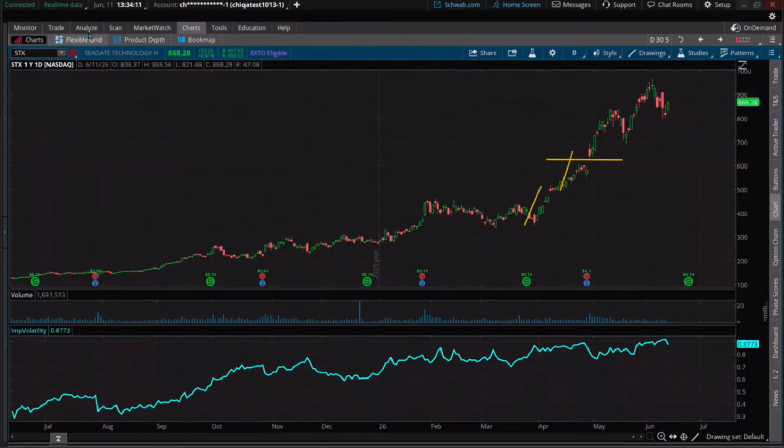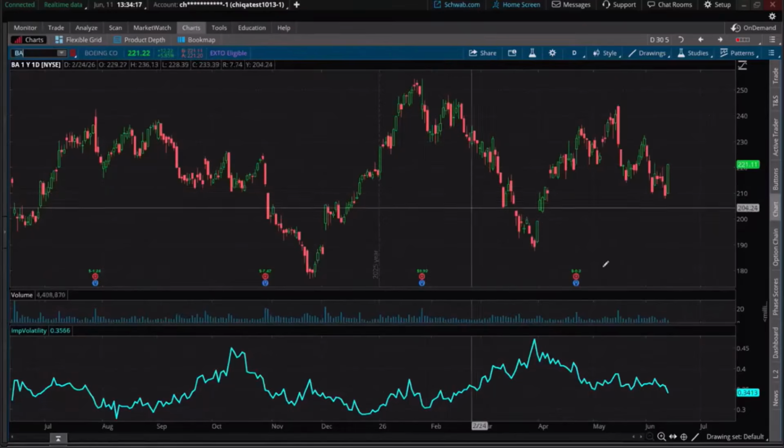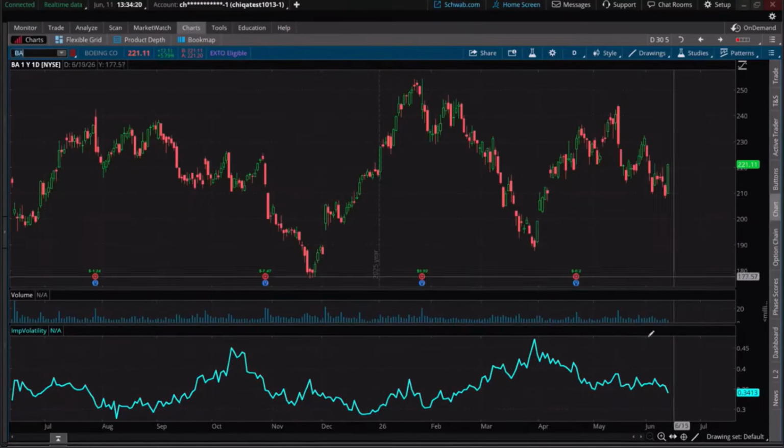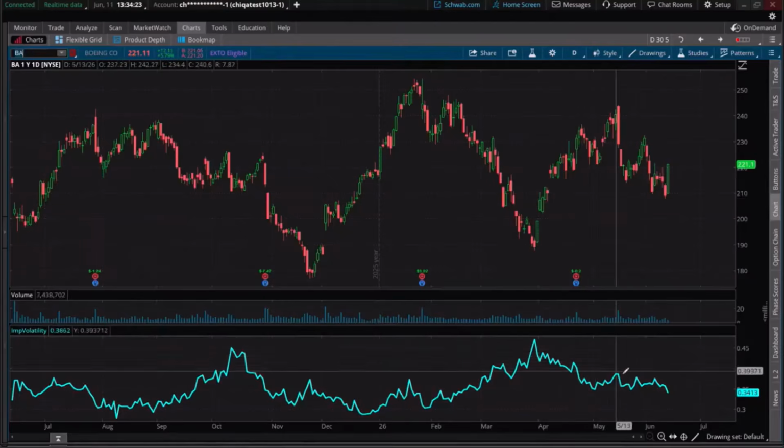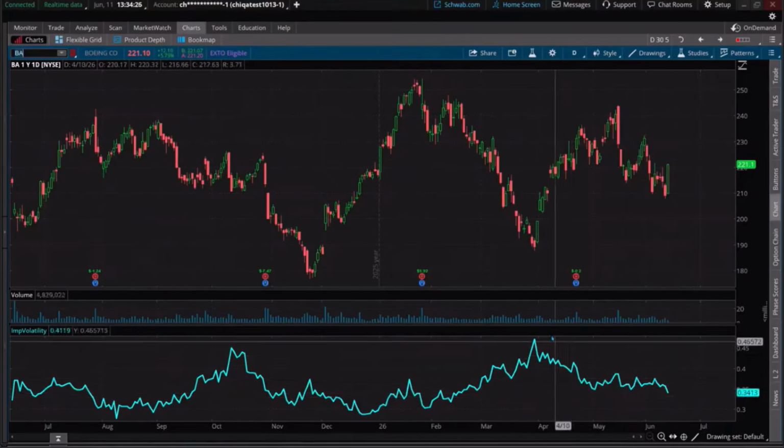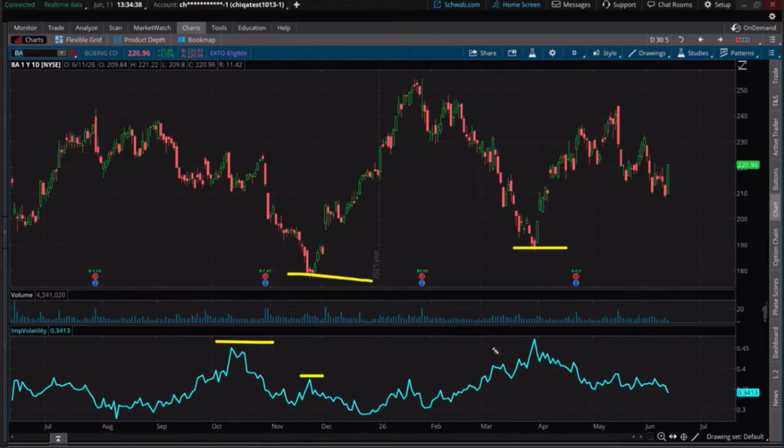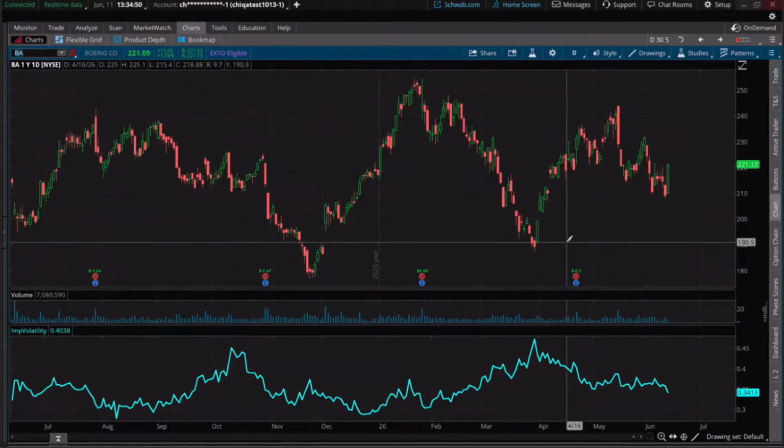Okay, let's dive in a little bit deeper. I'm going to choose a totally different company, although we might revisit NVIDIA in just a second. Look at Boeing. Boeing is moving up a little bit here, and the implied volatility on Boeing has come down as of late. Notice it did spike over here, and sometimes at these higher spike levels, not every time, you can see them spike near a high point or get close to spiking there. It's not 100%.